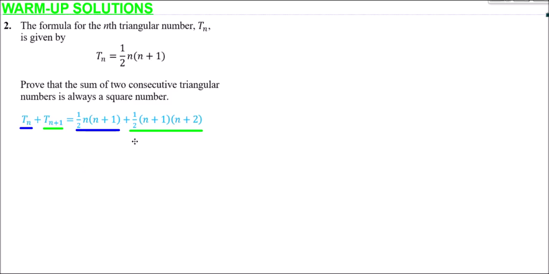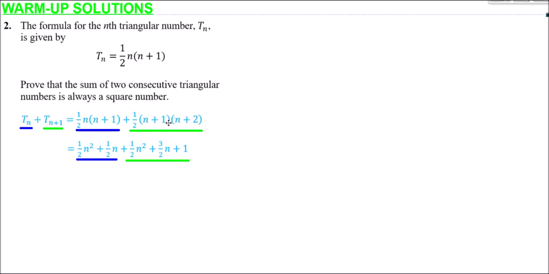So get your head around that first, and then let's proceed. This isn't obviously a square number yet, so what we could do is expand out both of these sets of brackets. That would then give us a half n squared plus a half n from this bit in blue, and from the bit in green, we're going to get half n squared, then plus 3n over 2, or 3 over 2n, because if we did FOIL or used the grid